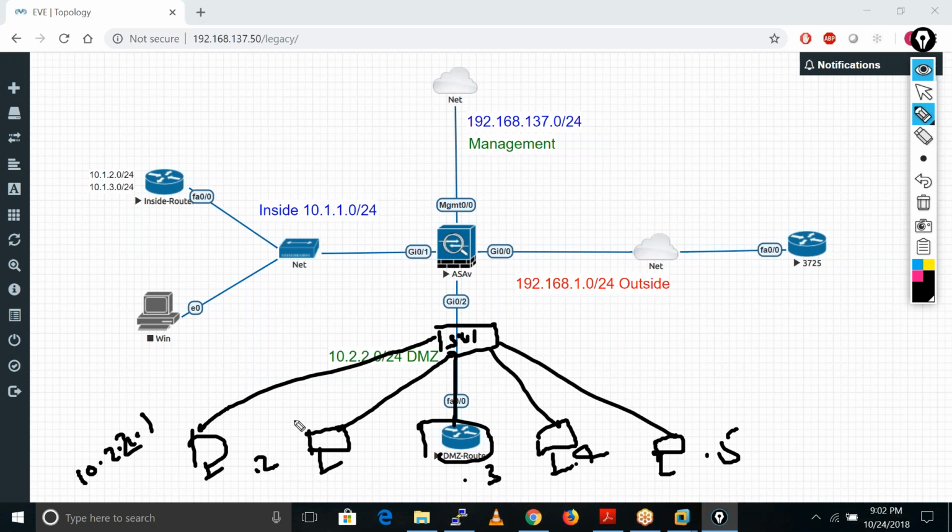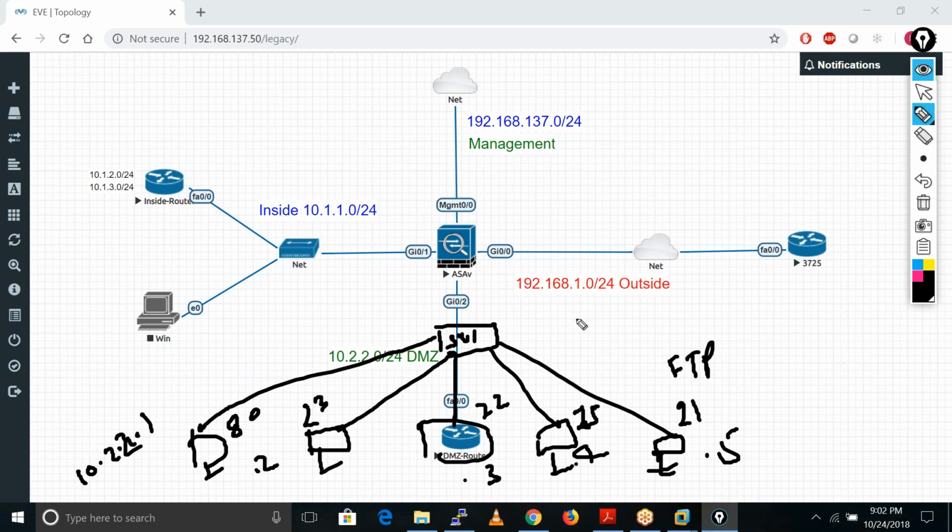Let's suppose this server is running a web service on port number 80, this server is running a Telnet server on port 23, this server is running an SSH server on port number 22, this server is running the SMTP service on port number 25, and this server is running the FTP service on port number 21.